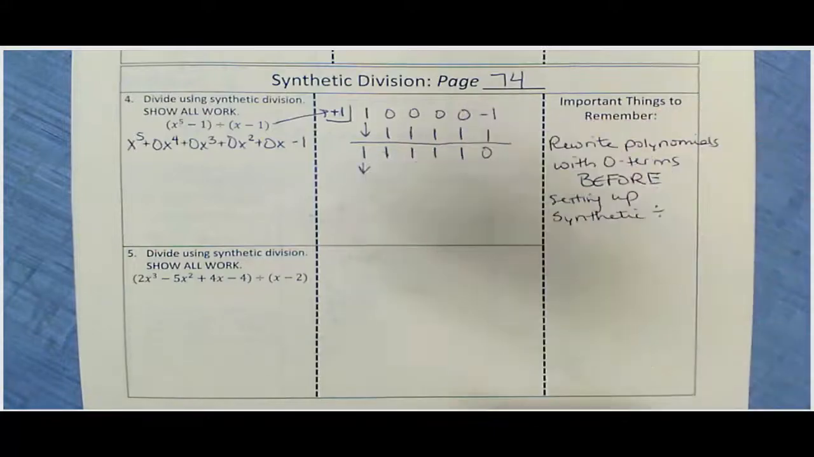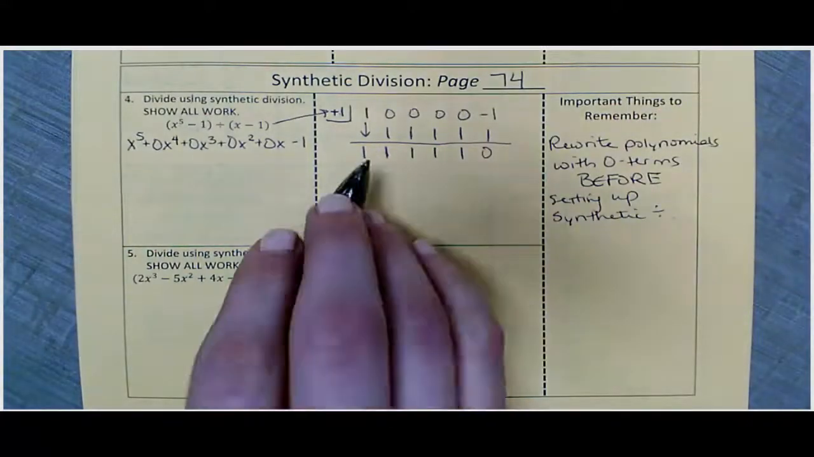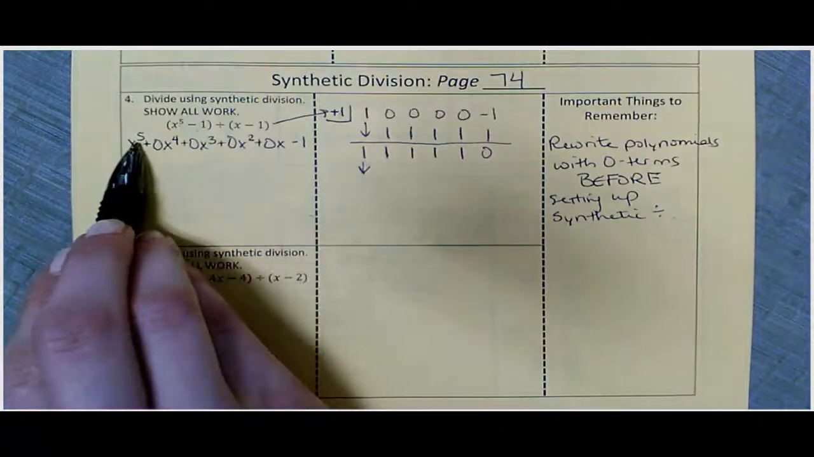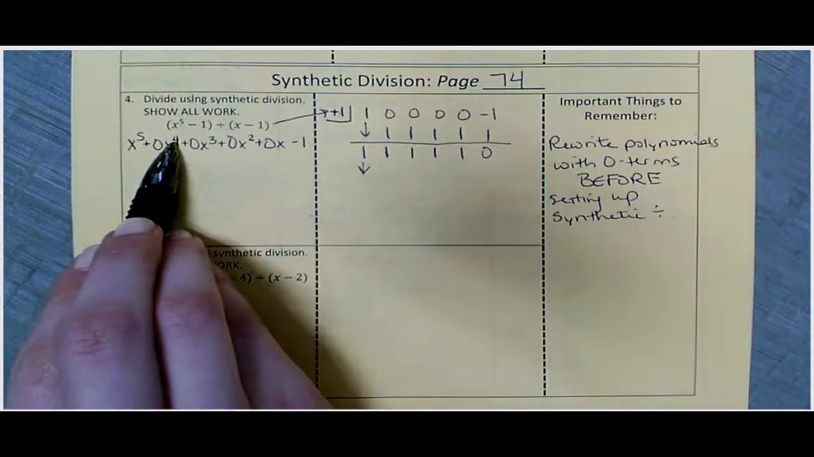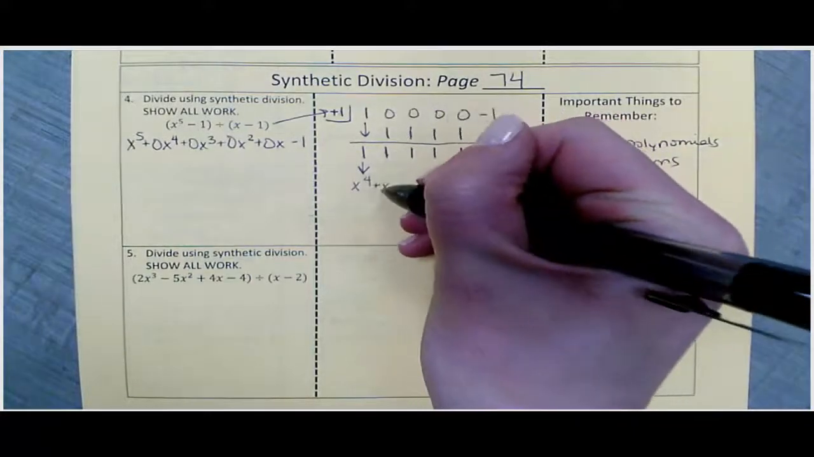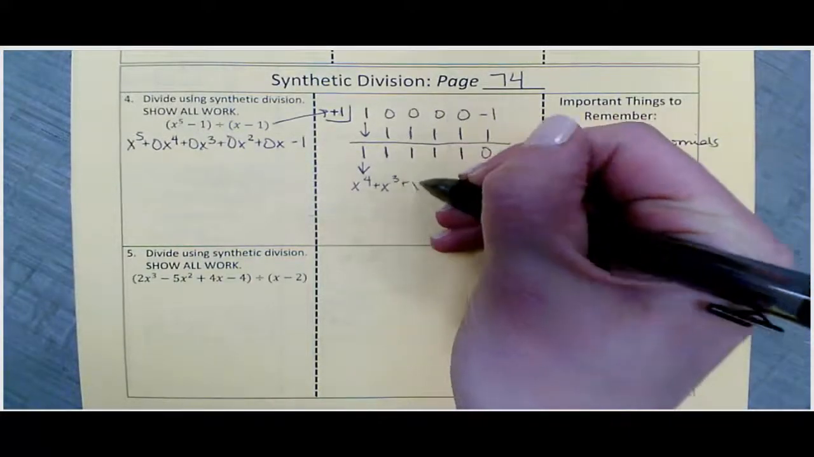When I start writing my answer, I need to go ahead and make this the coefficient of the x term that has 1 less power than what we started with. So we're going to start out with x to the power of 4. So this is 1 x to the power of 4 plus 1x to the power of 3 plus 1x squared